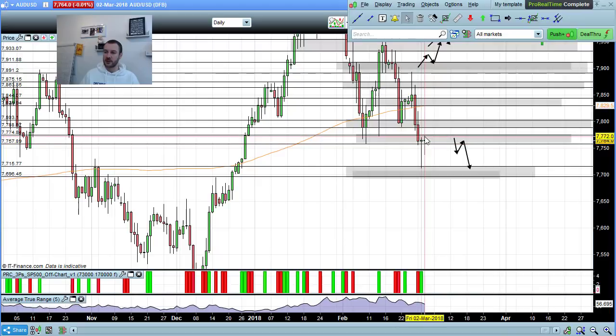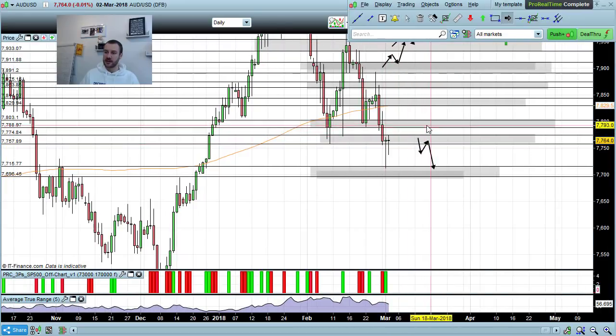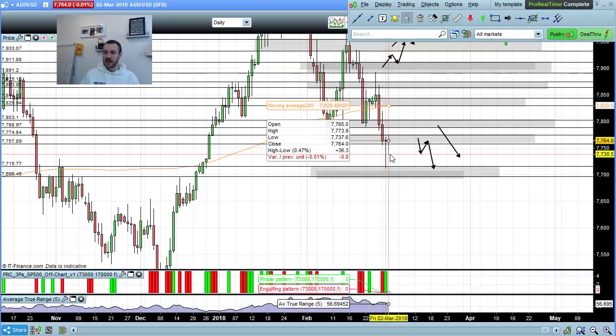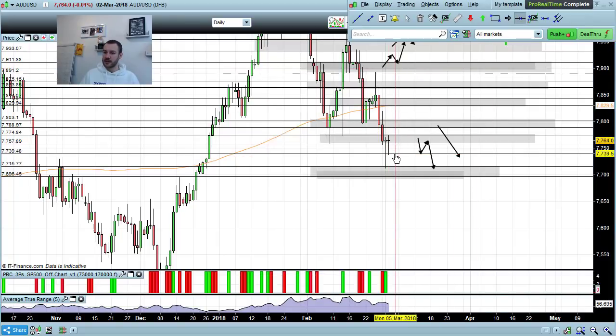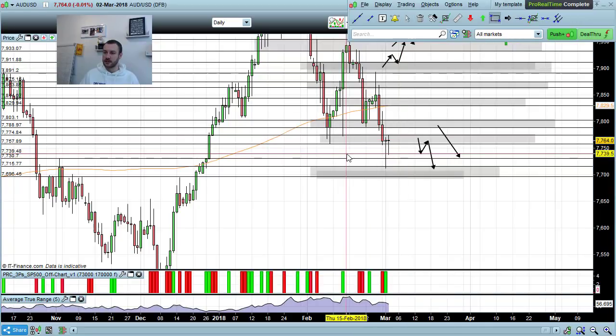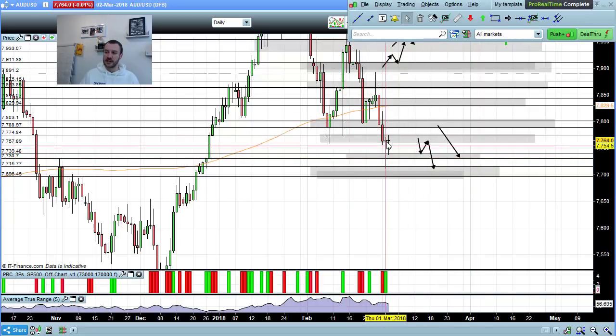As long as we're continuing to break below this level, it's worthwhile looking for continued bearish positions down toward that level. Up above also, if we start to press higher, this remains key resistance at 7788 up toward 7805. So if you see the market pressing up, resistance, this level remains resistance also. Now we have put in a spike at, let's have a look, 77 or about 7740. For me, this is a little bit more of a minor level. 7740 down toward 7730. What it is useful for is, I'd be careful with buy positions coming off of that level, but what it is good for is if we start to break back down below it,